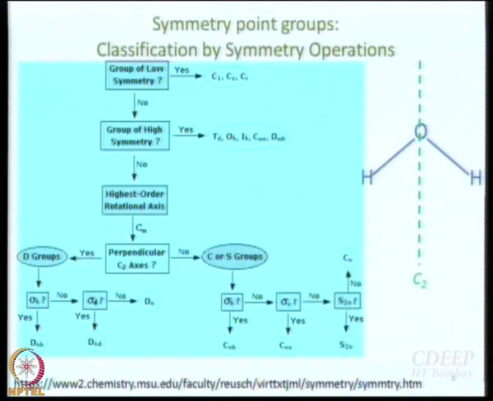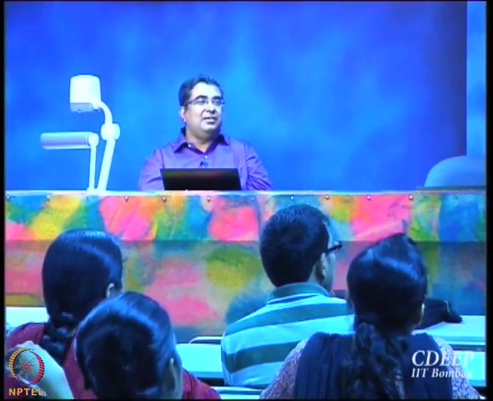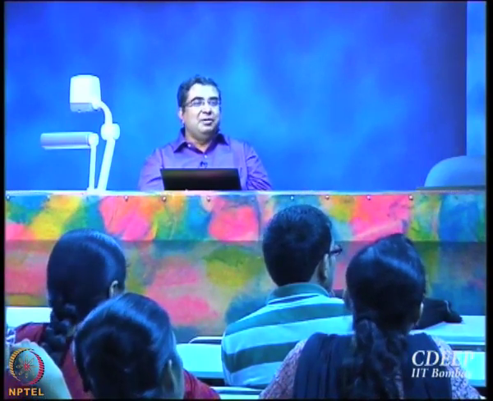Now let us look for planes. I think you are going to think that I am stupid if I even ask you if there is a horizontal plane of symmetry. Obviously there isn't, so I won't ask that question. Do we have a vertical plane of symmetry? Yes. Where are they? This is one, the molecular plane, and this is one, perpendicular to the molecular plane. Sigma v's.